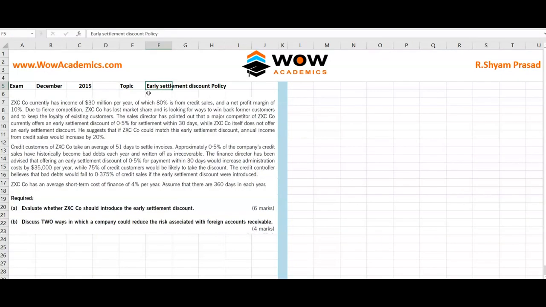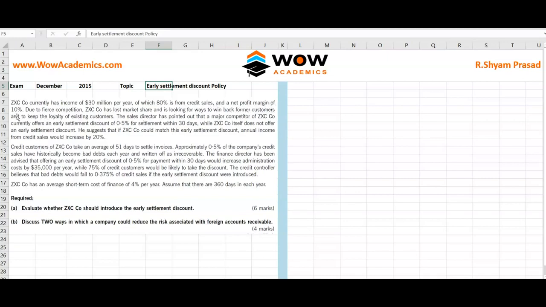So the next question is early settlement discount policy. This question was asked in December 2015. So we'll start from the requirement. Requirement A is: evaluate whether ZCO should introduce the early settlement discount. So we'll start. ZCO currently has an income of 30 million per year, of which 80% is credit sales, and